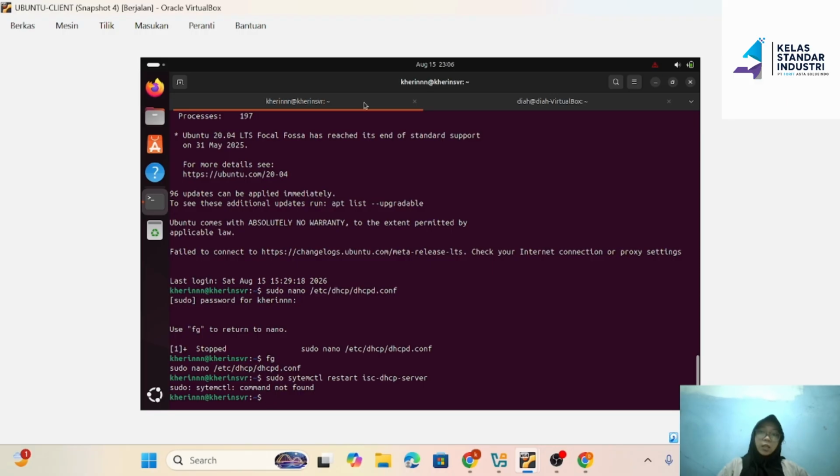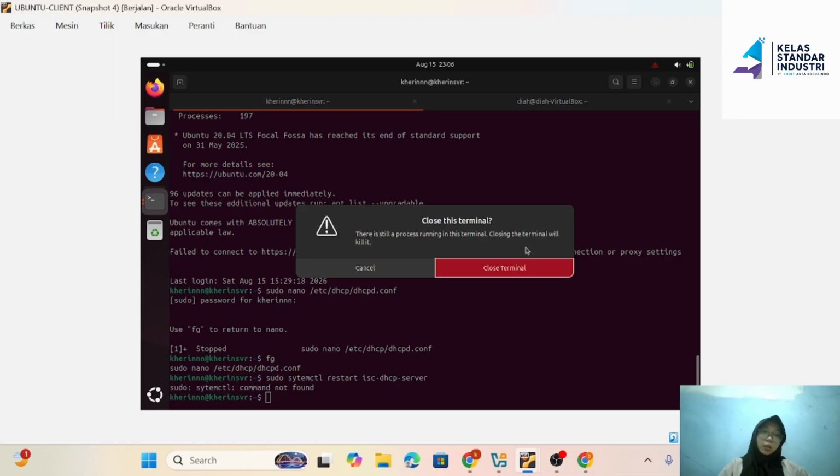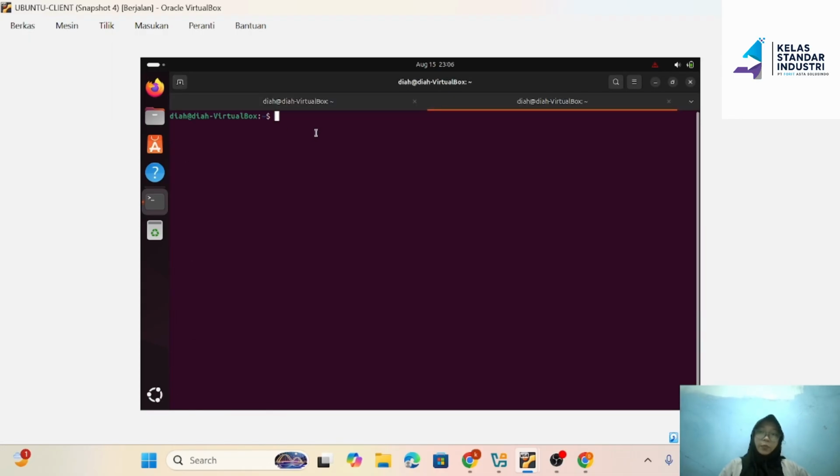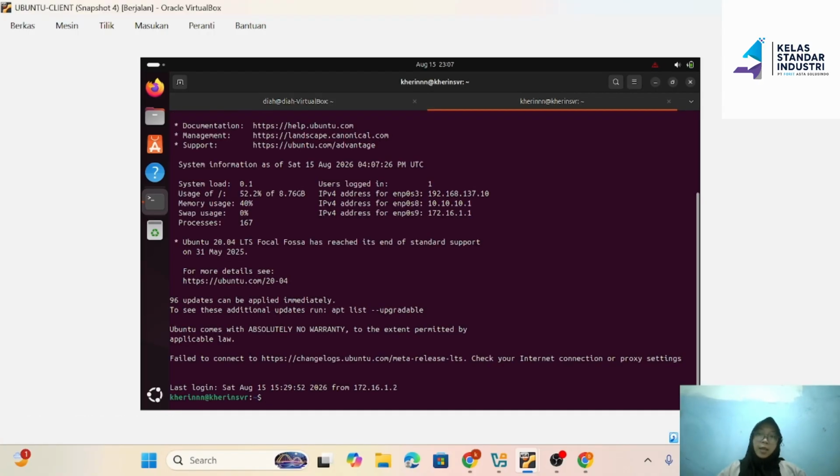Let's start by heading over to the Ubuntu client, open the terminal and remote into our Ubuntu router by typing. Next, we'll edit the configuration file with the command sudo nano.